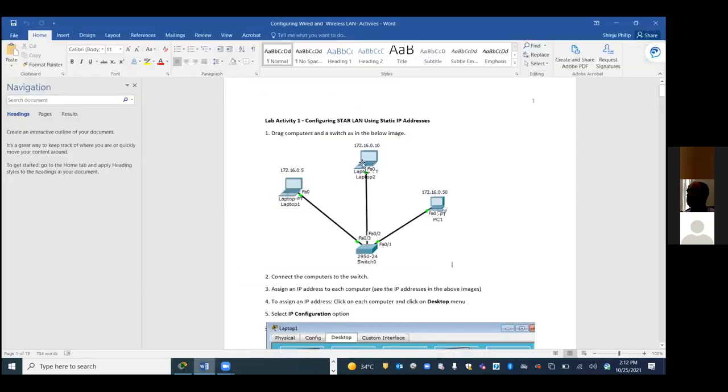Okay, in this diagram, it is showing only 2, right? We can have any number, doesn't matter.